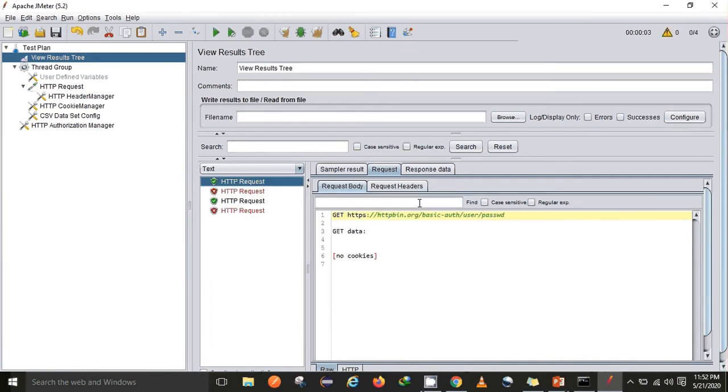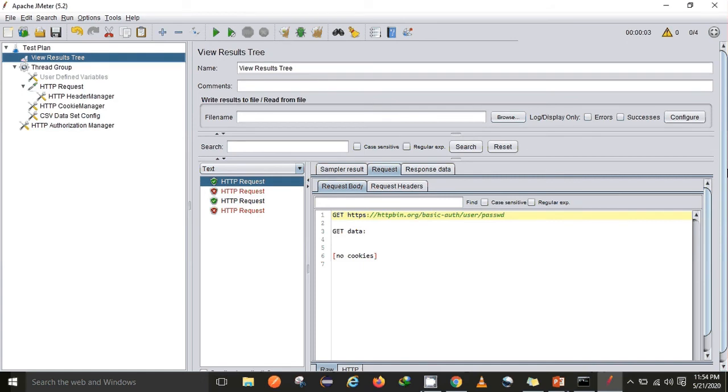Okay, the first request, if I can show you, user and password, the same way here, user and password, these two failed because the username and password were incorrect. So here you can see what happened when they were at the end of file. So it again worked on loop. So this is how we can use CSV file if we have n number of data sets.